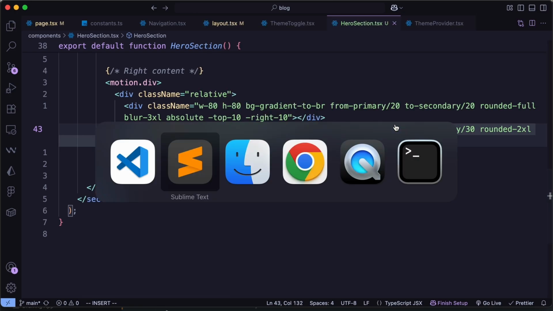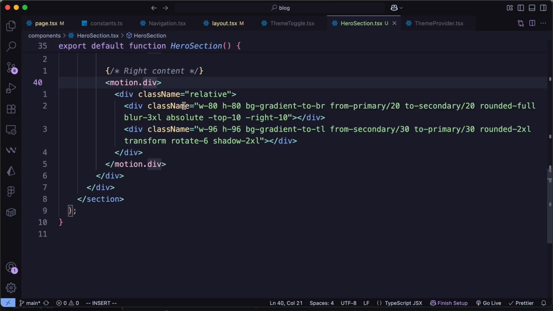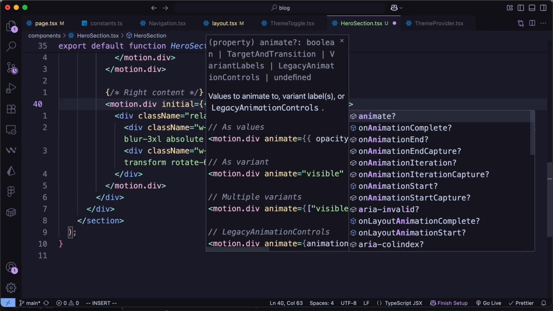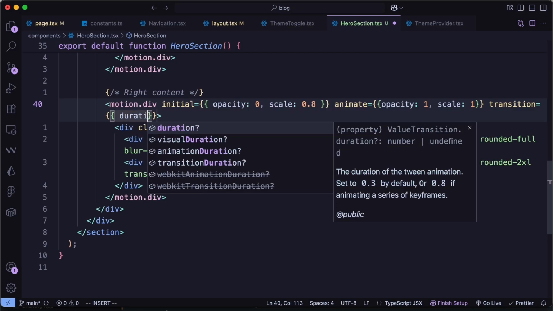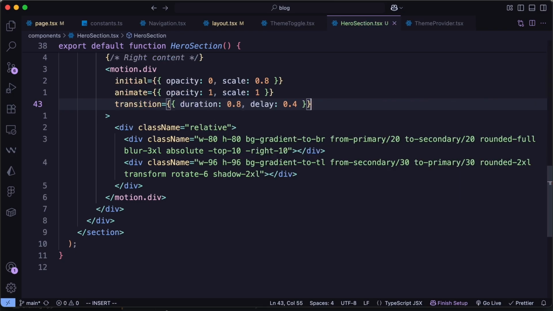So now if you go back to our website, here we can see that our element is being displayed over here, and let's also add animation. So let's go back, and here for the Motion.dev, let's go ahead and type initial. Let's set it to opacity of 0, scale of 0.8, and let's add animate. So this will be the end state, and here let's type opacity of 1, scale of 1, and let's add a transition, and here let's type duration of 0.8, and let's add a delay of 0.4, and let's add className,